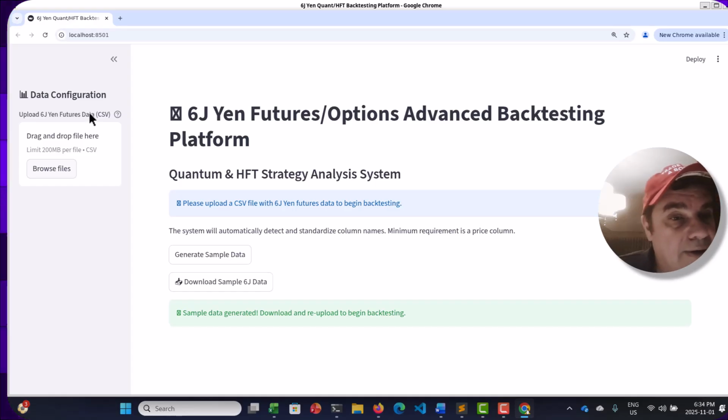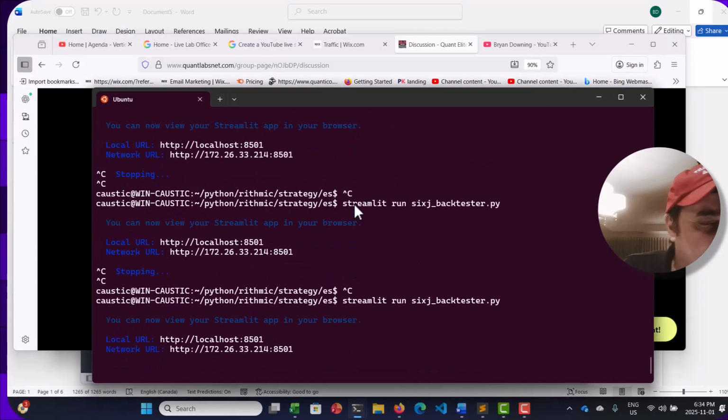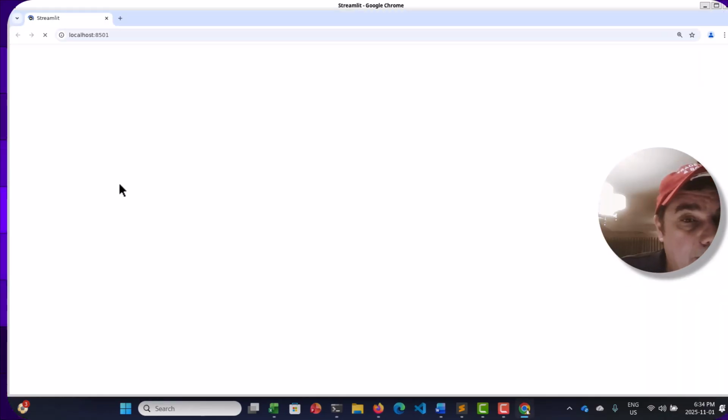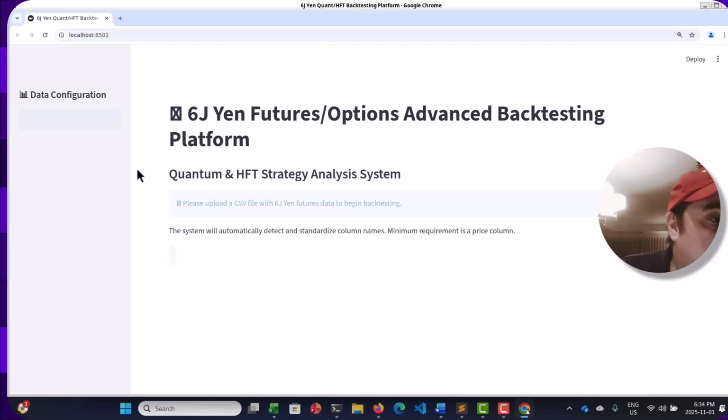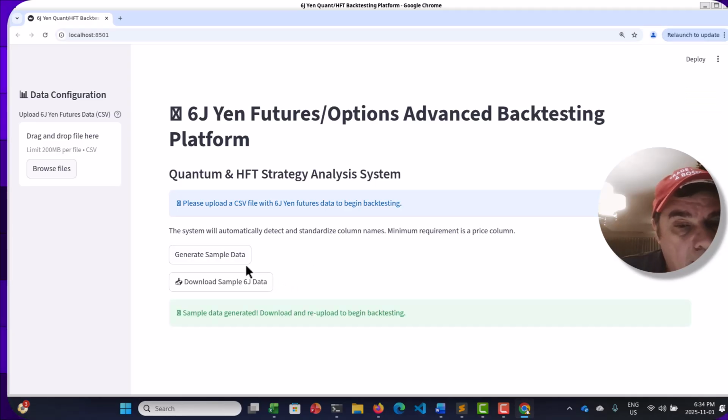So you can tell I'm not done with this one. There's probably another way to go around this. So what I can do, let me just try this. This might be a bug from AI, I don't know. But just remember the EU one demo I've shown you is 100% real. Okay, so how do I go beyond this? AI didn't do a very good job. Generate sample data, sample generate and begin, re-upload, begin.